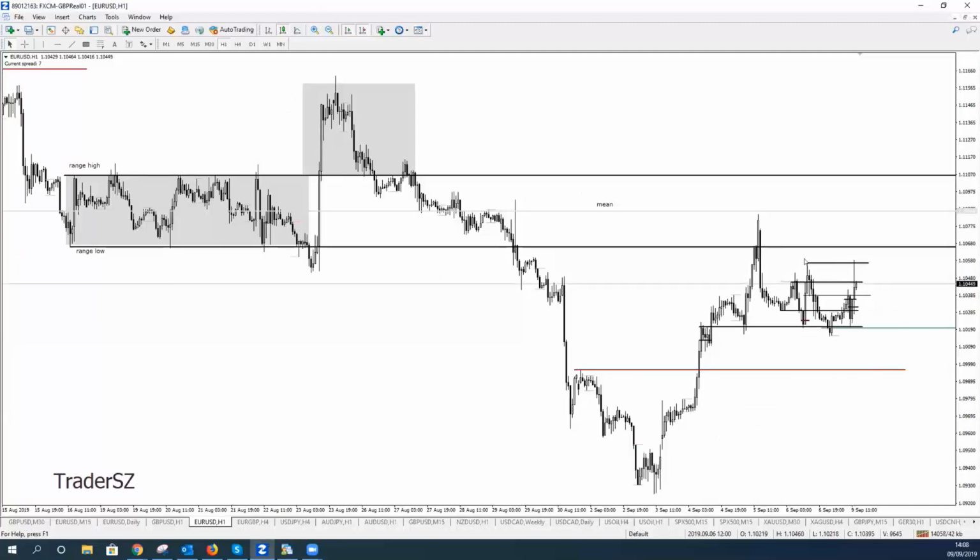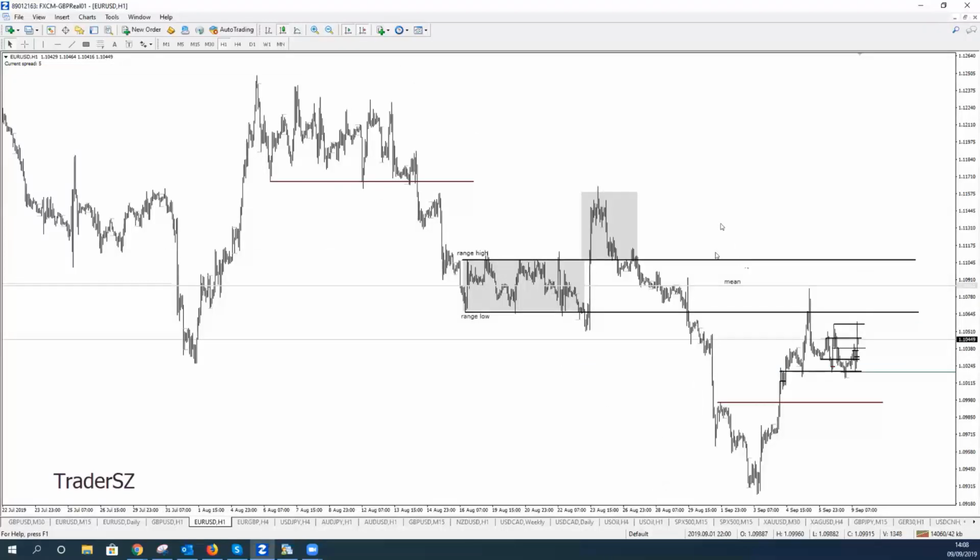Maybe my stops are a bit too tight. So I'm waiting now and seeing, okay, as long as we stay below the range high, I believe any rally is a sell. Now, what would confirm the idea? Well, for me, I don't know how deep the rally is going to be, but what I do know is